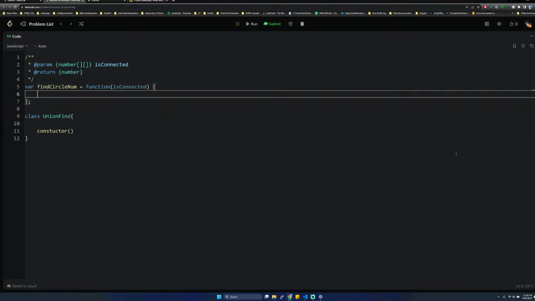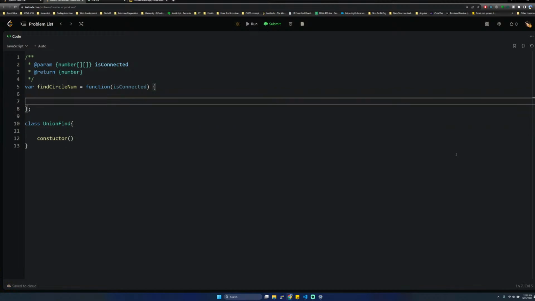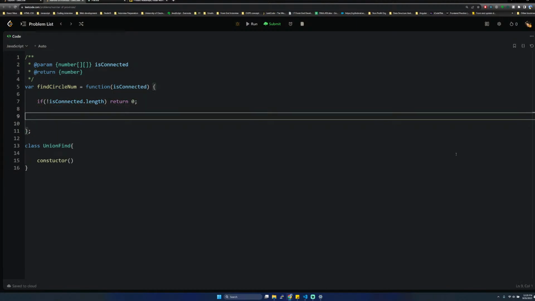First of all, we check isConnected.length; if not, then return 0, or else let number